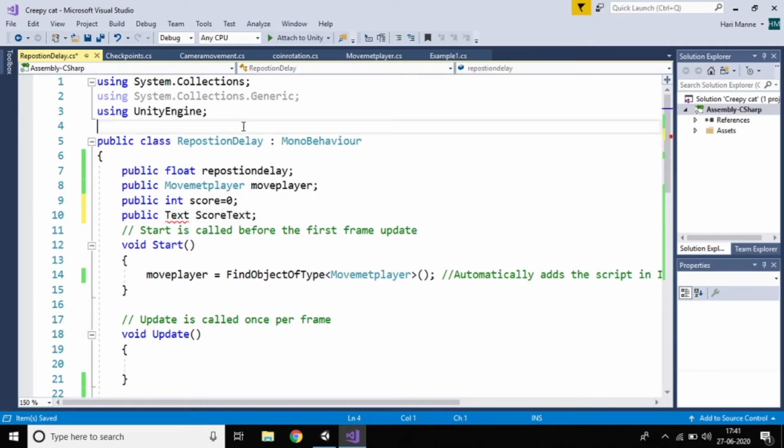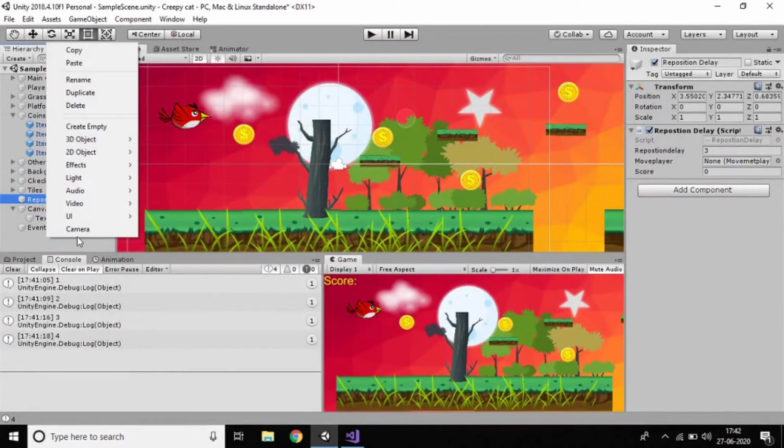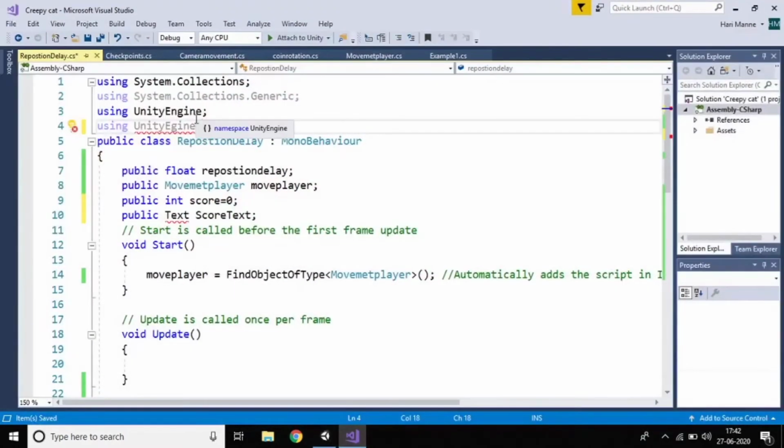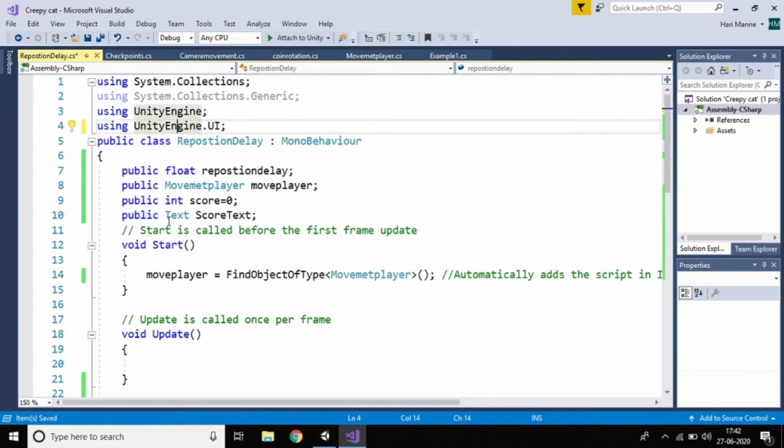So we need to import the package. Don't forget to import the package. If you want to import the package, just write UnityEngine dot, and you can find where the text is located in Unity. Just right click here, you can find the text is located in UI, right? UI has text, button, everything, right? So here we want to write UI. After you import the package, just Control S. Yes, a spelling mistake. Yes, now you can see the error was gone. So this is the way to import the package, then only it works.